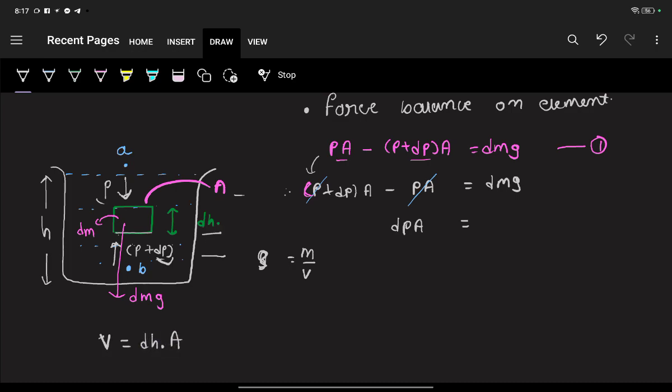So you can find the mass dm, which would be rho multiplied by V, and since volume is dh into A, the mass would be dh A rho. Just plug this value here. It will become rho A dh multiplied by g. You can cancel out these areas. So we'll end up with dP is equal to